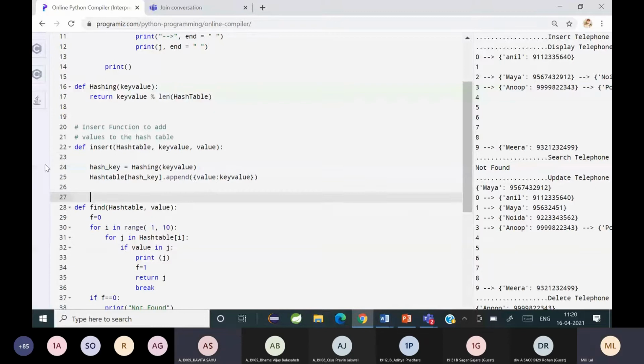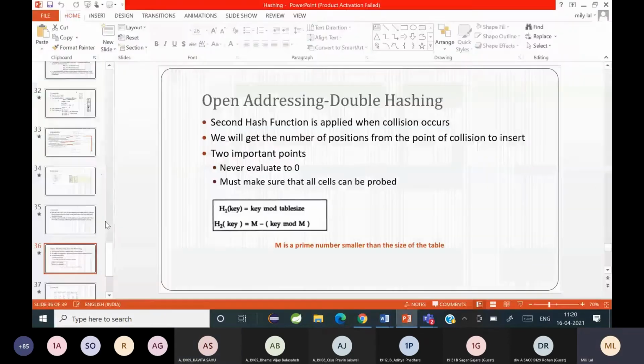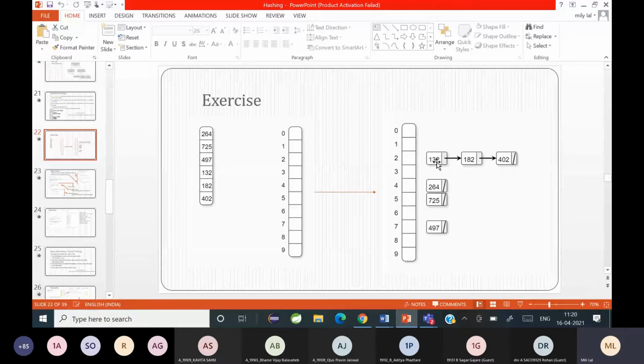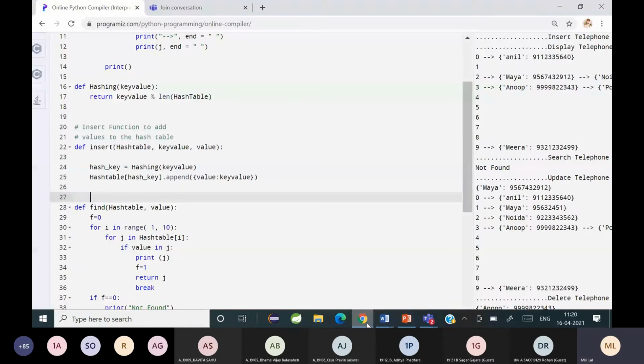Now look at the example: 132 is already available, then you place the next data after 132. So that is why this append is used. That means if data is there, you append it after the existing data. Okay, so that's how it's getting placed. So that's how the insert function works. Which strategy are we using here? We are using chaining here.